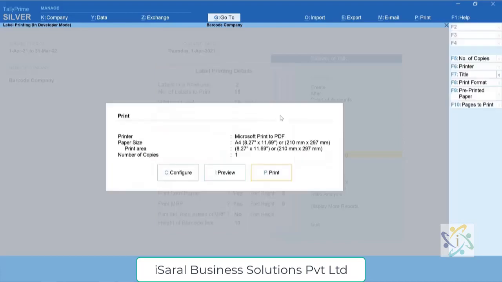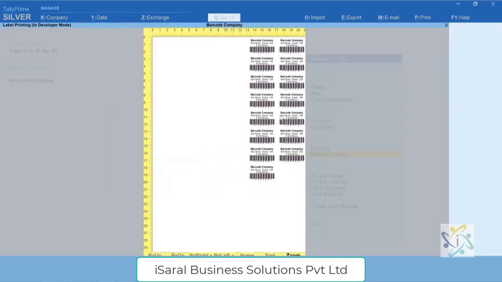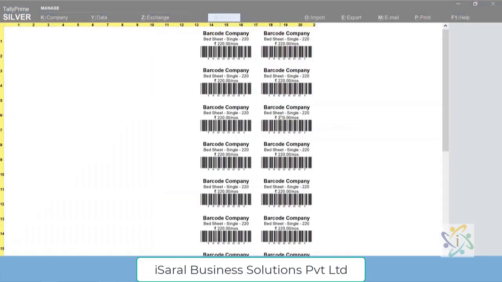And the barcode 10. I preview, so it will come in this way. Now I measure by pressing the mouse in between, and we see that it is coming exactly 25. Here it should be 50. Yes. So that means my barcode is perfect.